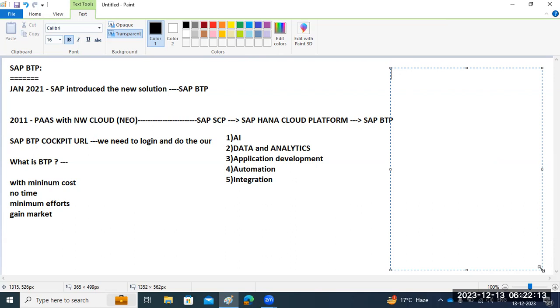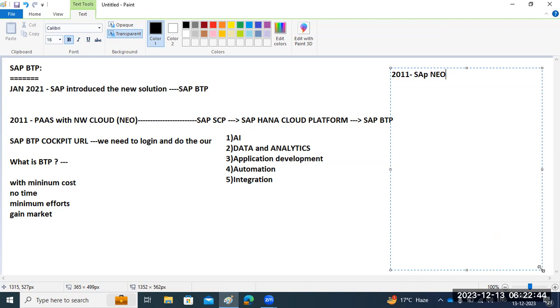In 2011 to 2012, they introduced the Neo platform. SAP Neo means NetWeaver Cloud, NetWeaver Cloud Solutions. They introduced it here.